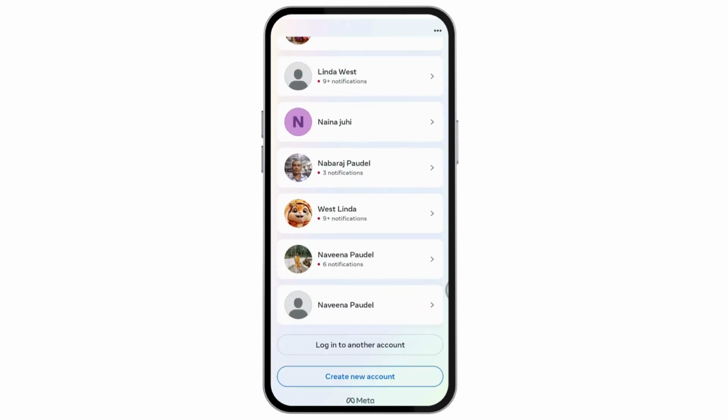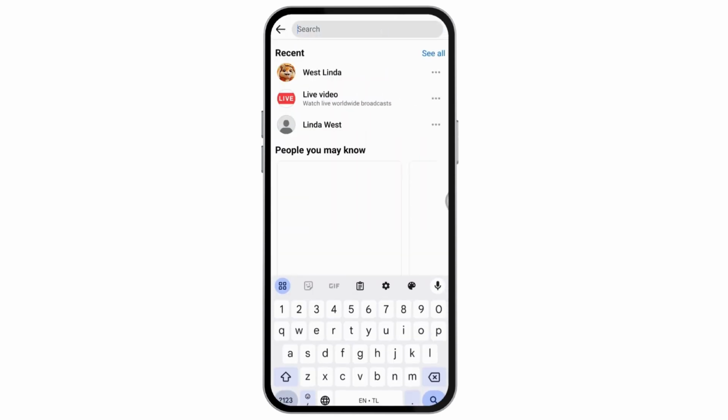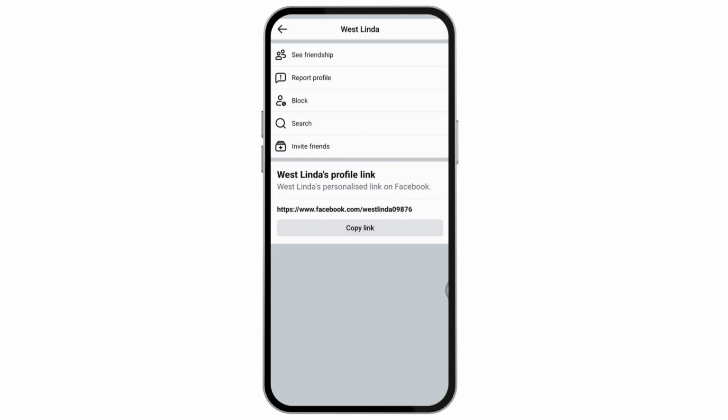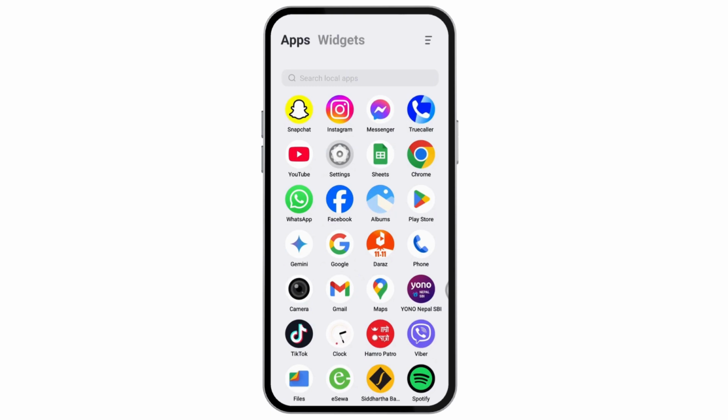I'll be choosing a random account. Go with search, which is on the upper right, and search for a person. Once you've searched, you need to go with the right side, which has that three dots, and copy the link. Once you copy the link of the profile that you would like to recover, you just need to simply open